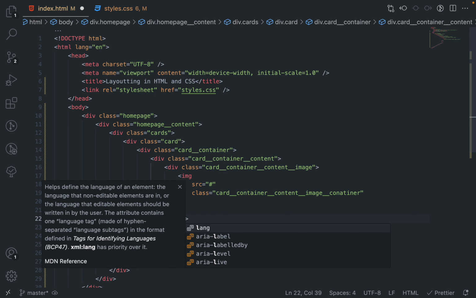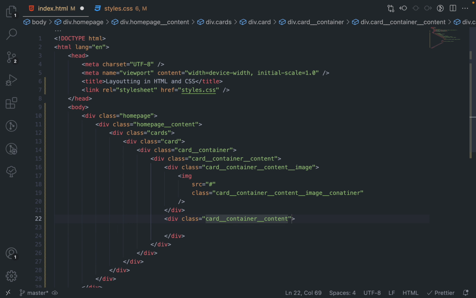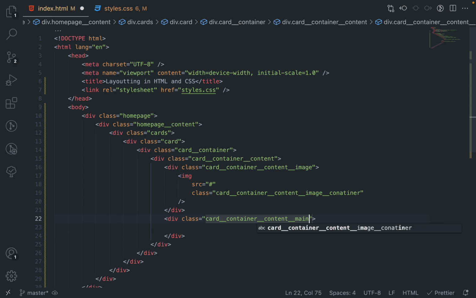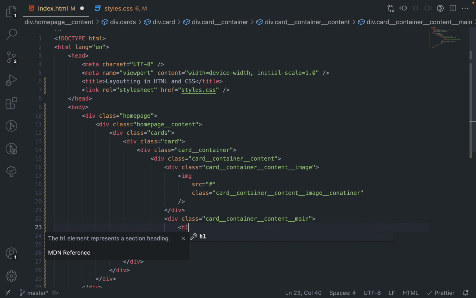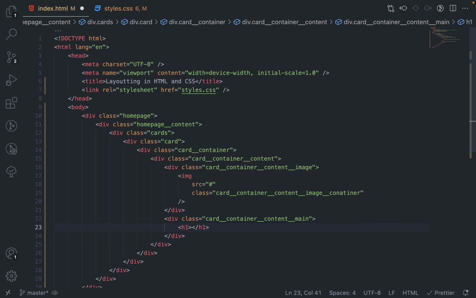And now for example, let's say we want to have some content as well in it. So what will we do? Will we say content, basically this is one. Okay, content, and we'll say something like main. So main content will go here, and what our main content is, there our heading comes up, card name, that is our main content. Okay.